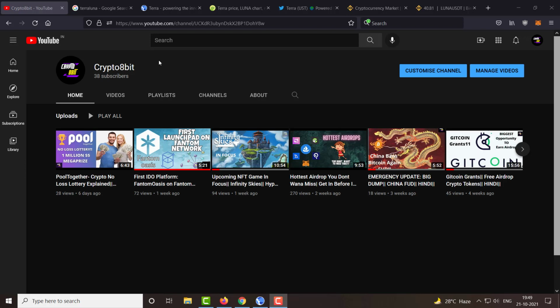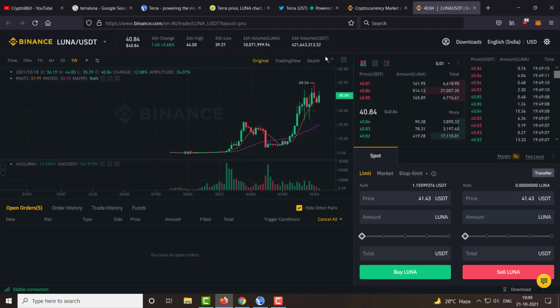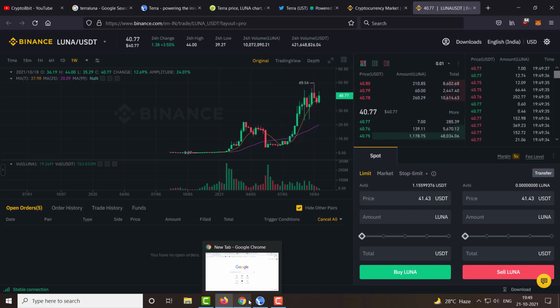So basically, in base terms, what this means is, if I am a user and I go to an exchange like Binance and I buy Luna from this exchange and I go to the Terra station and delegate my Luna tokens over there, so this will help drive the platform and this will basically run the platform. So let's see how to make a wallet on the Terra platform.